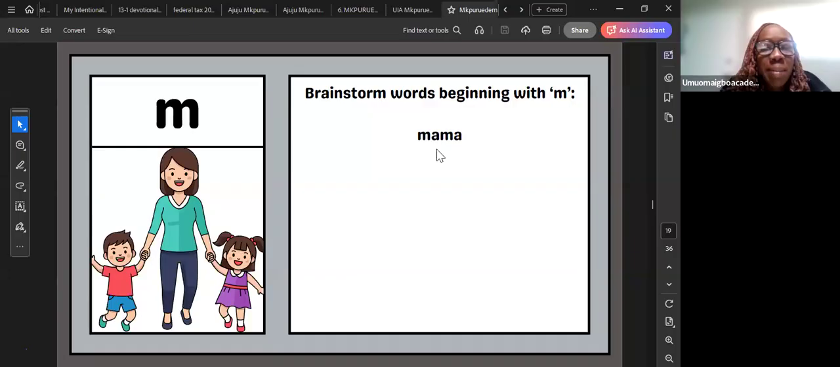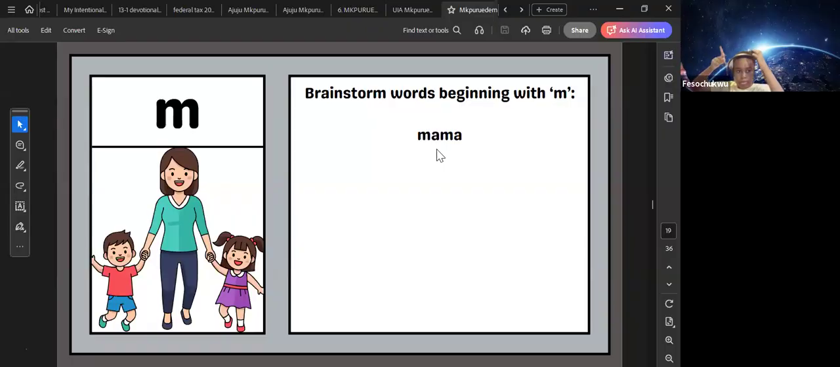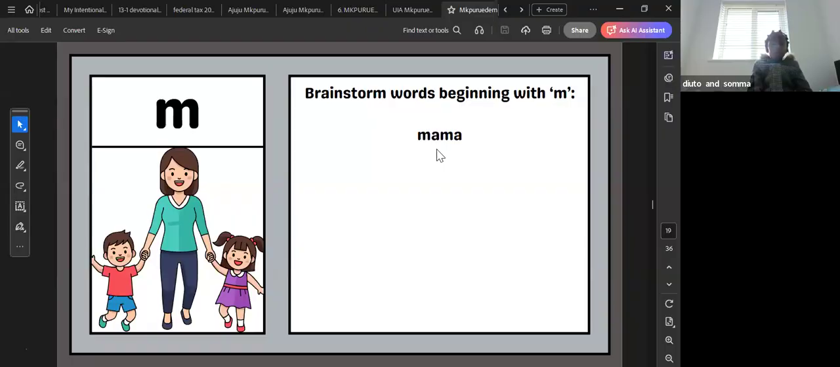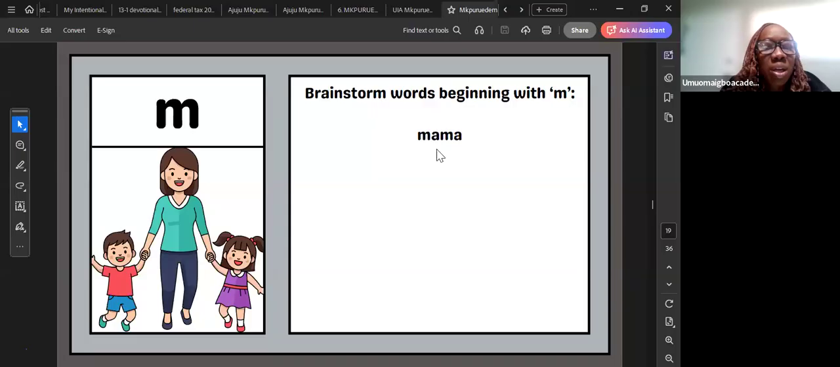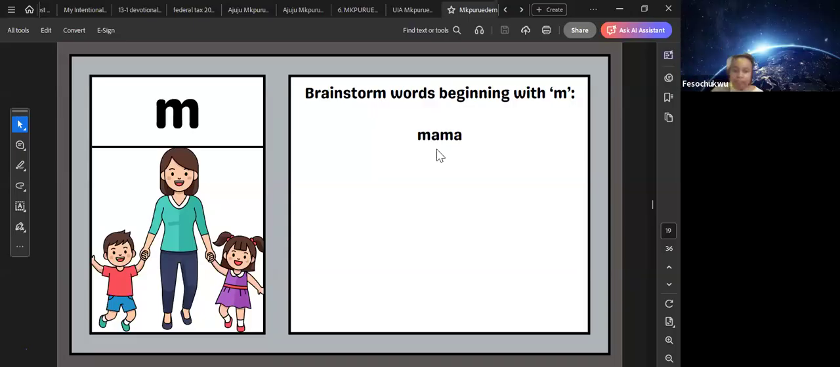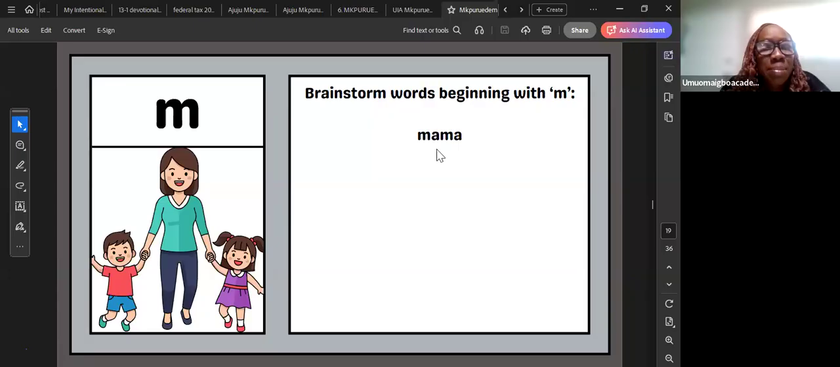Kedu okwu ọzọ nwere me na ya? Me. Is it a word? Another word that has me. Another Igbo word that has me. What's another Igbo word that has me? Another Igbo word that has me is